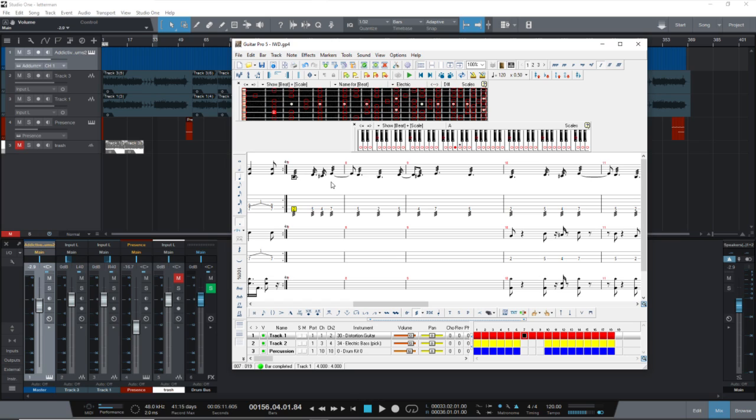So I still use GP5. I've got it on... this is the third or fourth computer that I've moved it over to. And I sent them a message. Well, first I sent them an email saying how unhappy I was that you could not convert your GP5s to GP6 with the tremolo picking. And I think they sent me back a form letter. And then I sent them another email saying, is there any way I could get a copy of the install of Guitar Pro 5 with the last